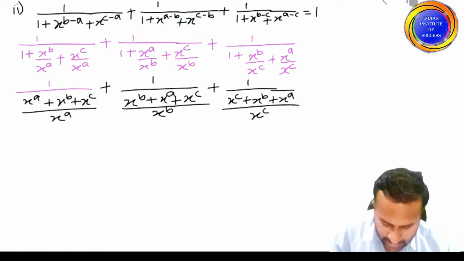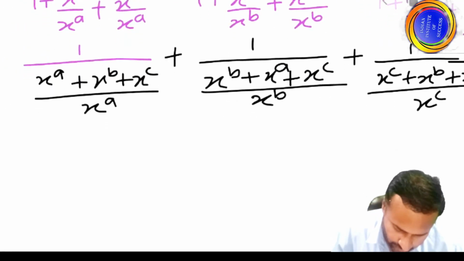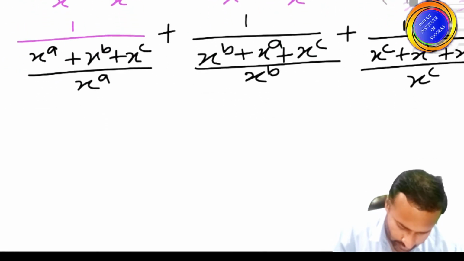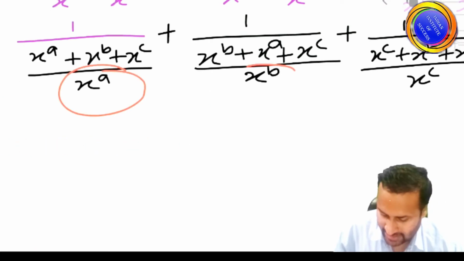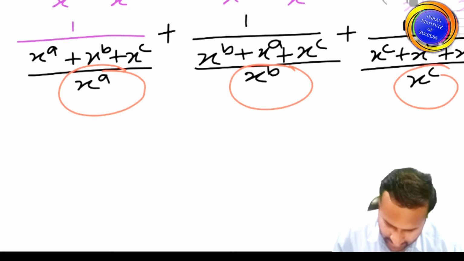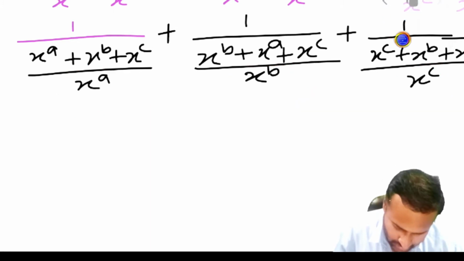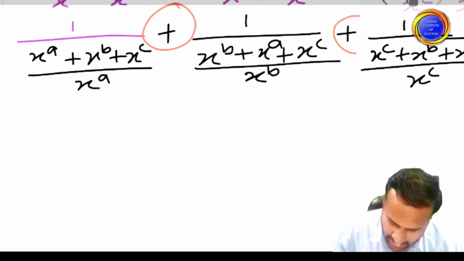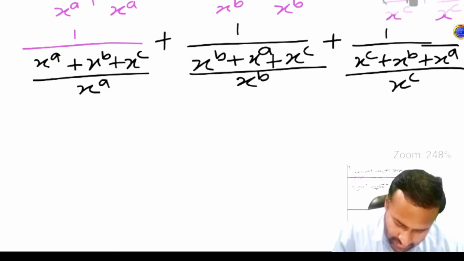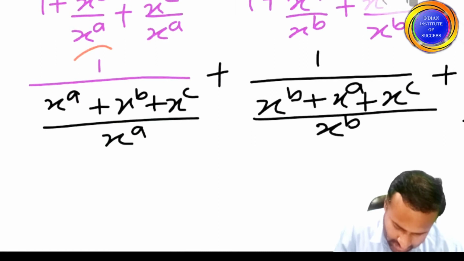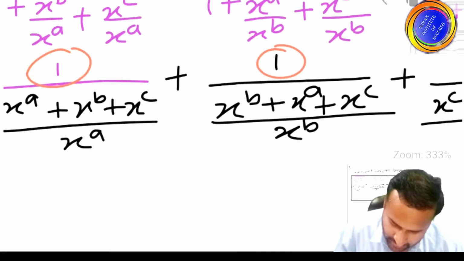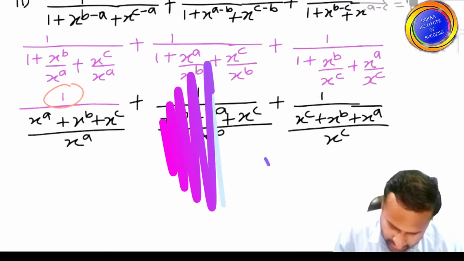So students, now we are moving on. Here we have x raised to power a, x raised to power b, x raised to power c, and in between we have plus also. These are the plus. Now first we will take the LCM. First we will multiply this term and that term in such a manner that it will become simplified.